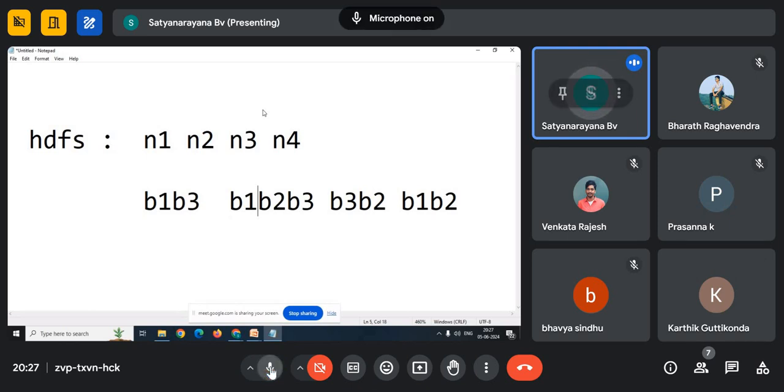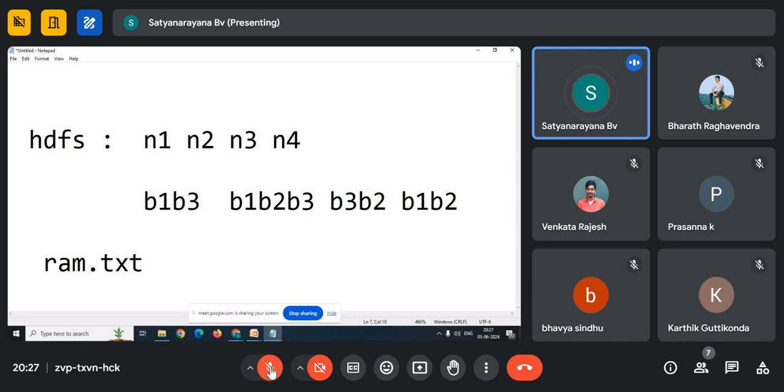మొత్తం ఎన్ని బ్లాక్స్ ఉన్నాయి ఇక్కడ? 9 బ్లాక్స్. ఈ 9 బ్లాక్స్ కదా HDFS లో ఉన్నది. But when I want to analyze this file, assume that these blocks belong to the file name ram.txt. That is in HDFS. But I want to analyze this file with Spark.